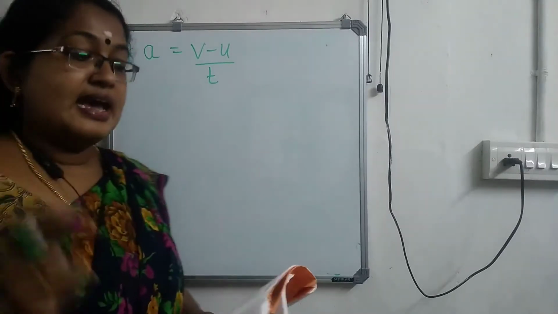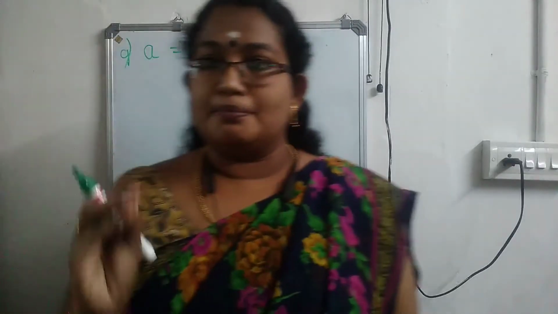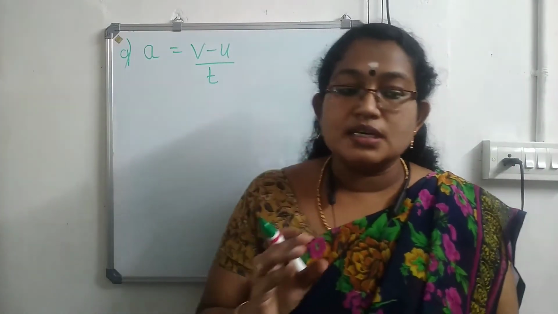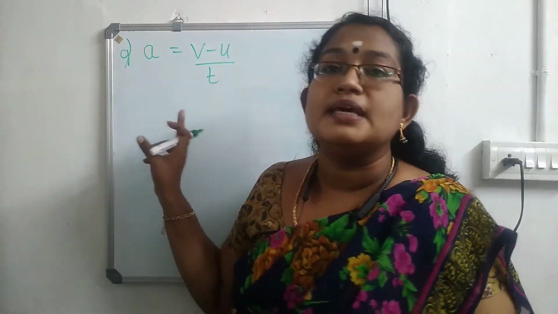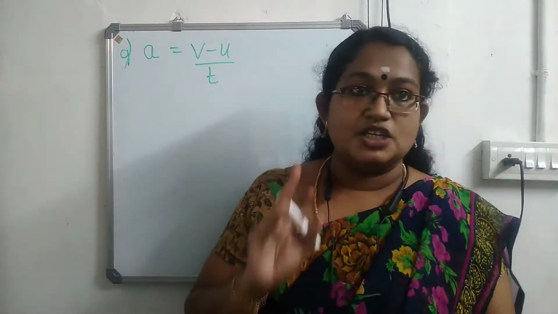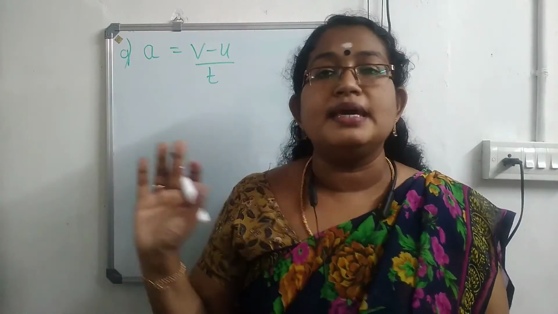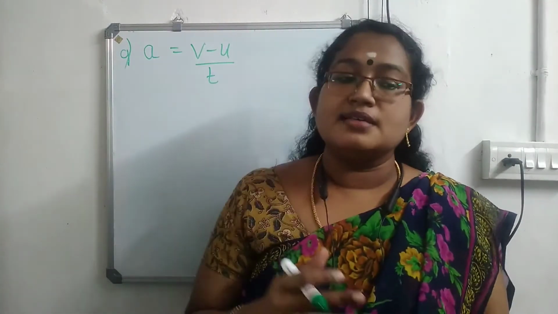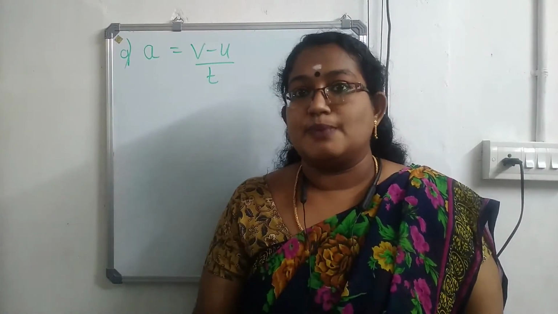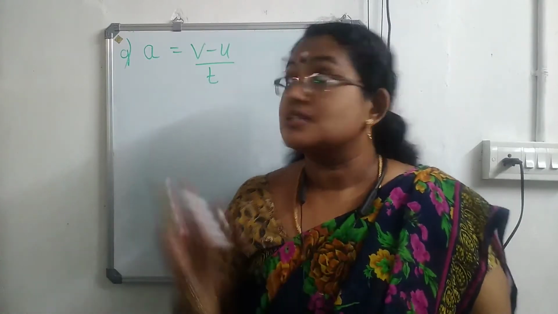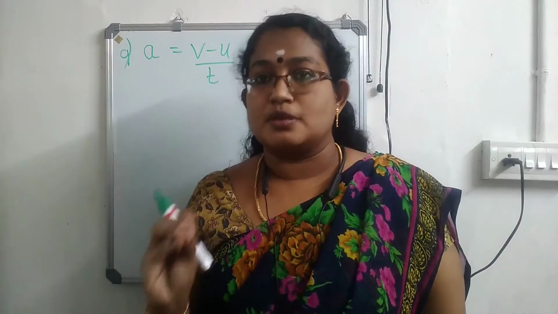So here it is given a car starting from rest. Keep this point in your mind. In a question, if you see the word rest, a car starting from rest means always U will be equal to 0. U is our initial velocity. And in some cases you can see that a body comes to rest. In that case, by applying brake, if a body comes to rest, V will be equal to 0. So this is a very, very important thing you have to remember.